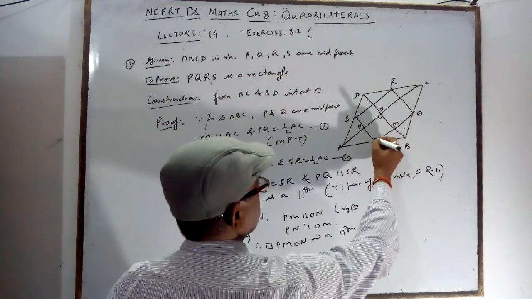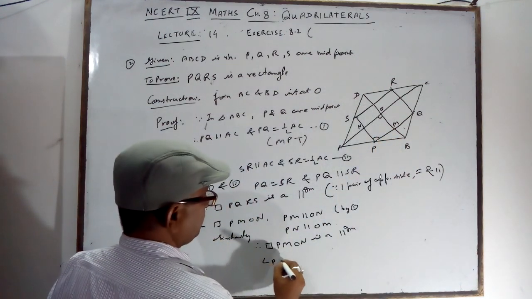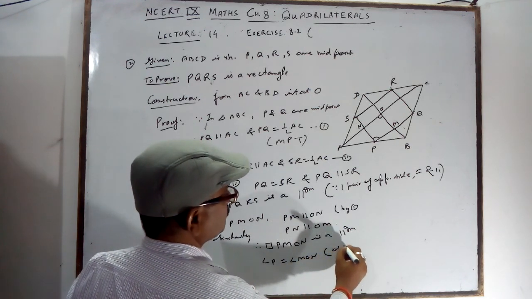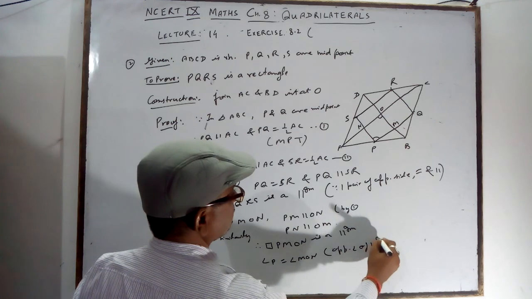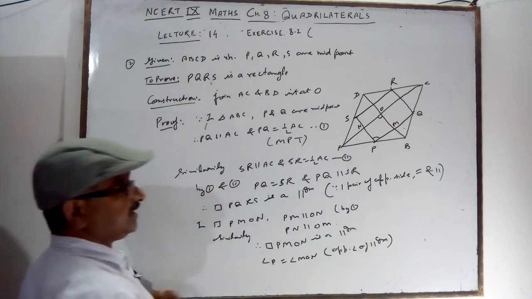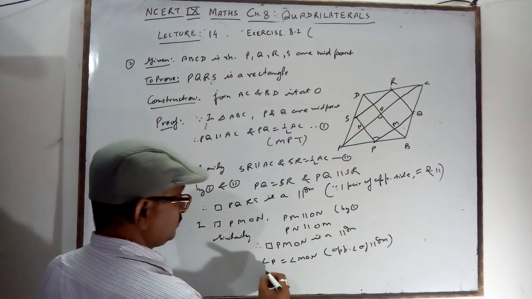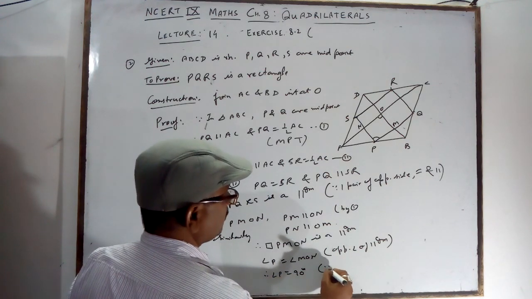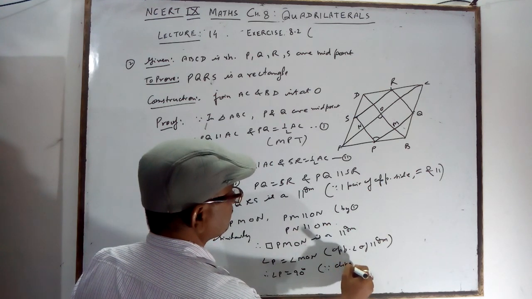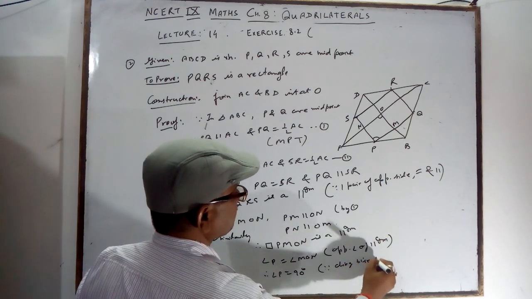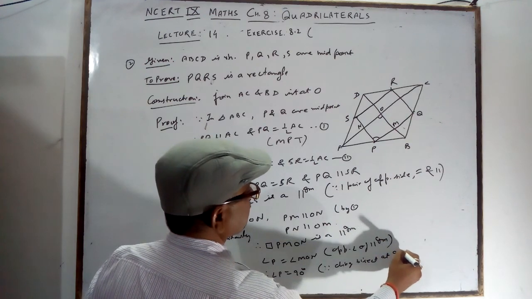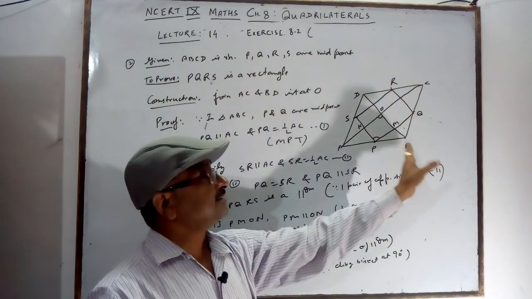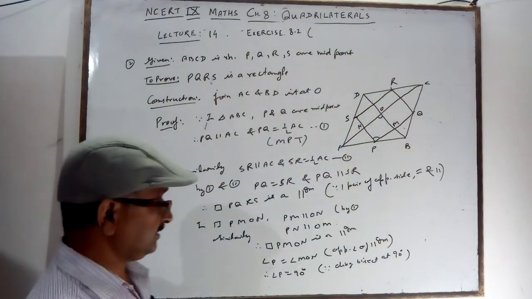When it is a parallelogram, then angle P is equal to angle MON. Why? Opposite angles of a parallelogram are equal. So angle P is equal to 90 degrees. Why? Because the diagonals bisect at 90 degrees in the rhombus. It is a rhombus ABCD, so AC and BD bisect each other at 90 degrees.